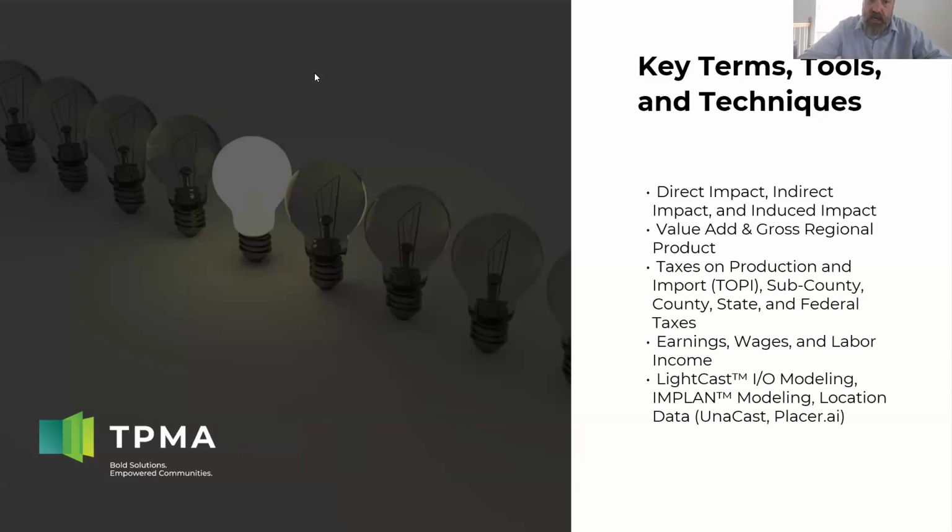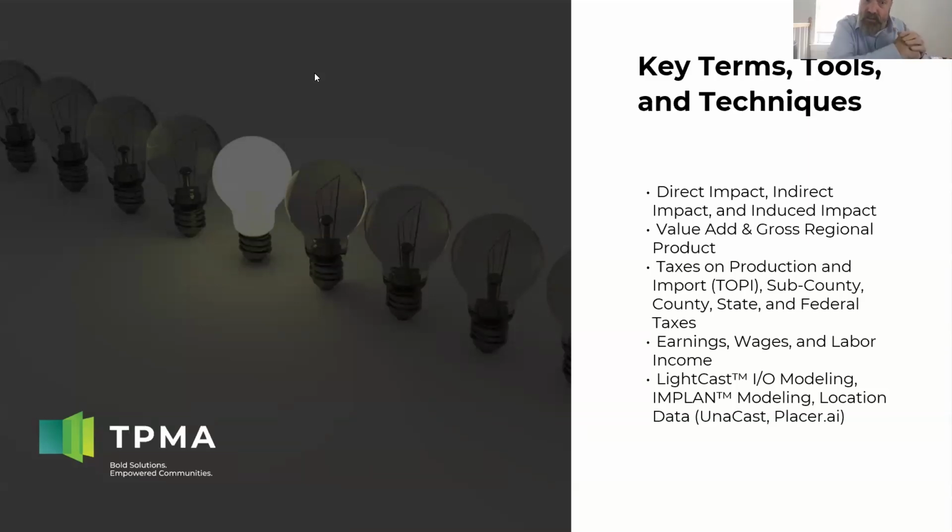And again, just in a nutshell, the direct impact is sometimes called the initial impact. I think that's what Lightcast labels it. But the direct impact is from the event itself. So if we open a new semiconductor factory, let's just stick with that example, and we add 1,000 jobs, the direct impact is the result of those 1,000 employees, the wages they're going to earn, the taxes they're going to pay, and essentially the goods or services that they're going to produce on behalf of this semiconductor. That's the direct impact that can be tied right to a business, an organization, a program, an entity itself.